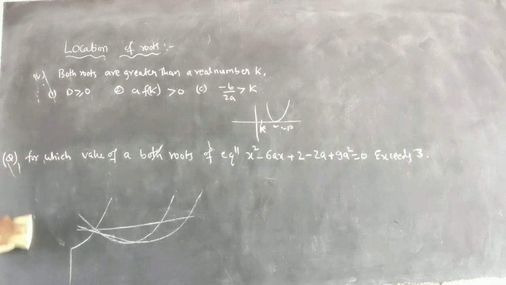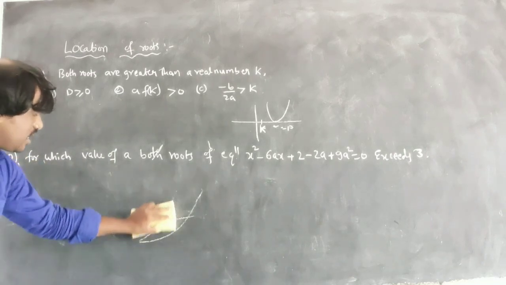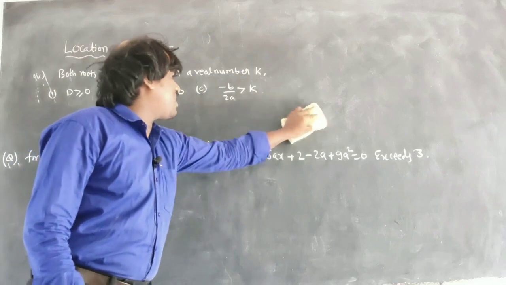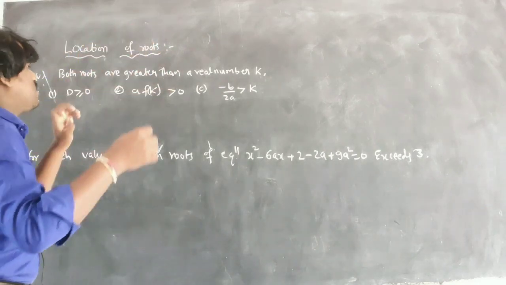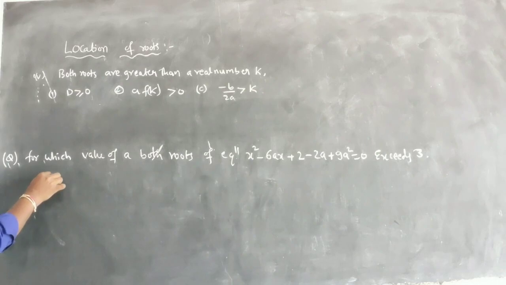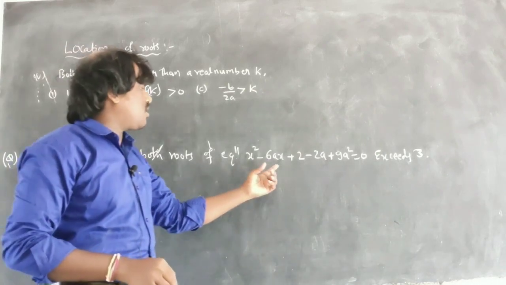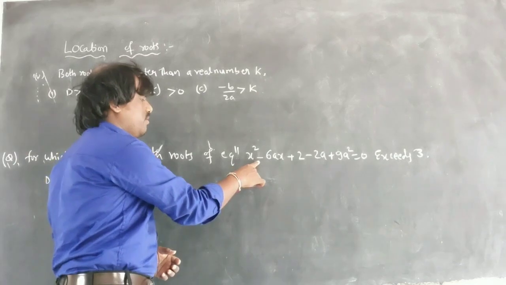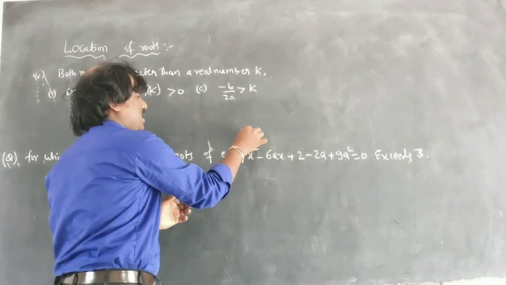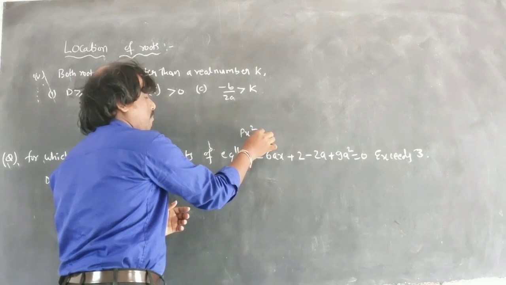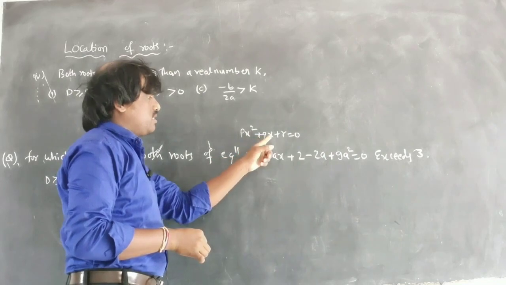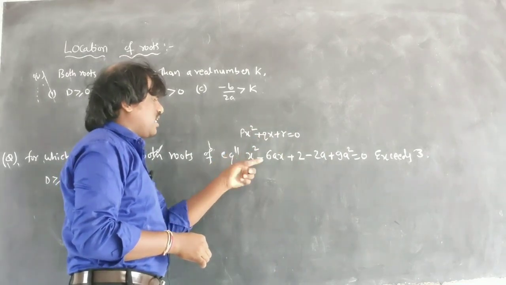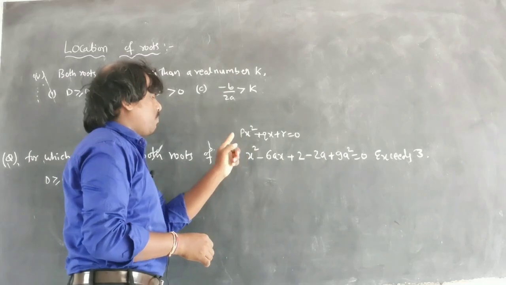This is the JEE Mains question. Let's see how to solve this problem. Whenever they ask a question where x is greater than or less than some number, you have to deal with questions like this. Now let us see here, the first case I can apply, that is D greater than or equal to 0. If you observe in this case, what is the a value here? Comparing, this is px square plus qx plus r equal to 0, like the quadratic equation ax square plus bx plus c. But I am not taking a because it is already involved in a. So the p value will be 1.